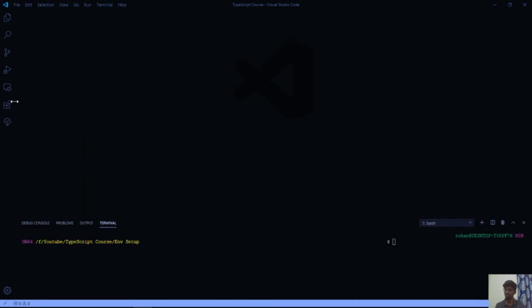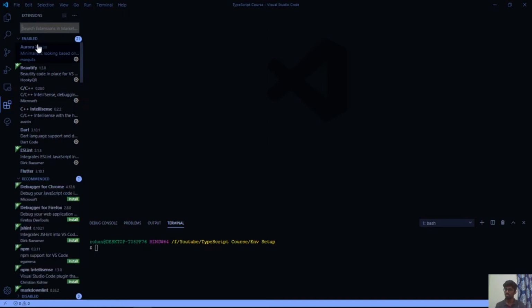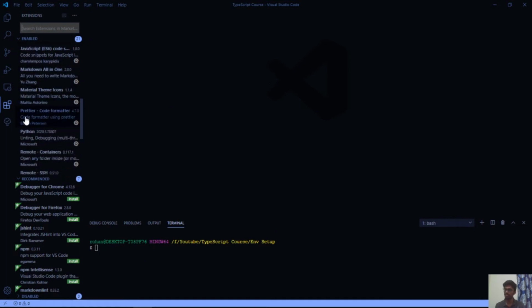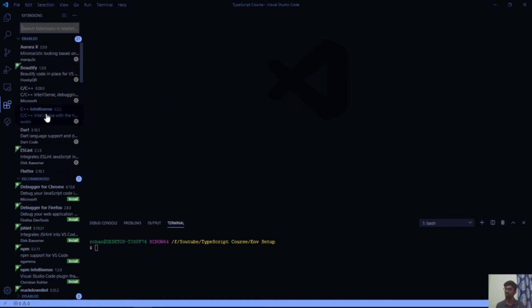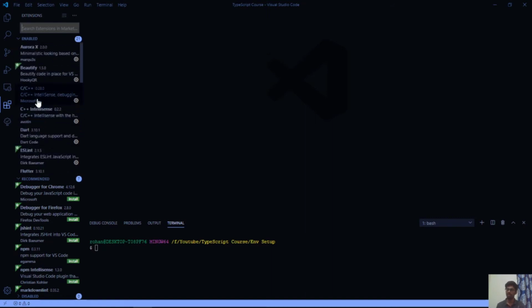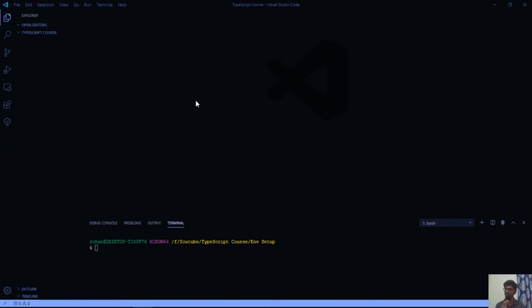There are many extensions that I am using, such as Beautify, ESLint, and Prettier. But for this series, TSLint will be sufficient, and you can also install ESLint. So let's move forward and check how it is done. Once you install all the things, you will have the terminal out here. For that you need to press Control then the tilde sign. The tilde key is the key above the Tab key.